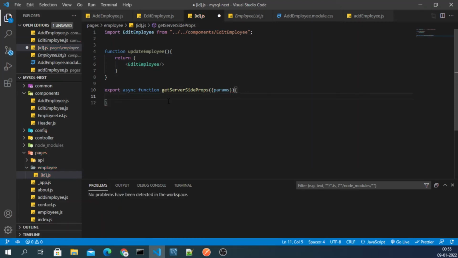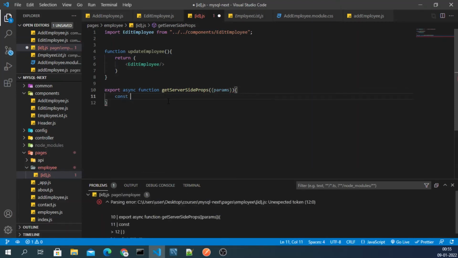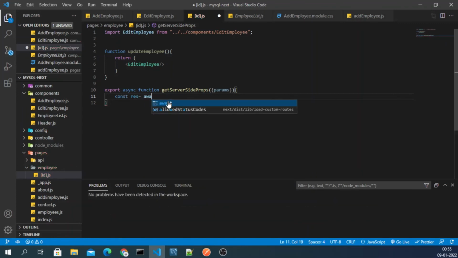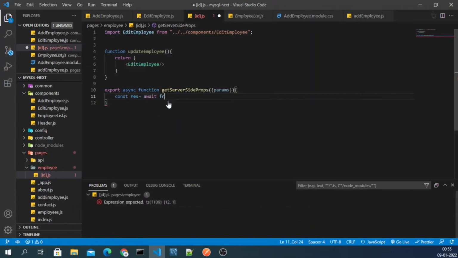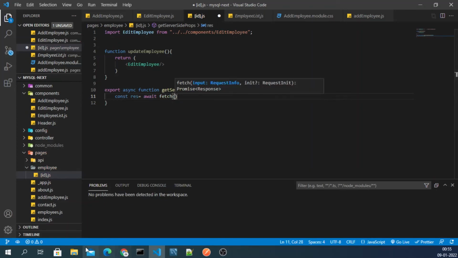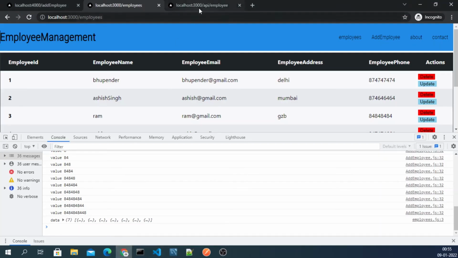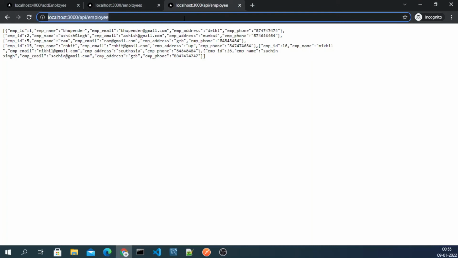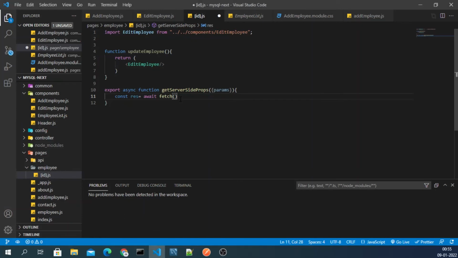Then here I will simply write const response, and then await because we are using async fetch, and inside here we have to type the URL, so we can simply copy this and paste that thing here. And here we also want to provide the id, so we will provide it like params.id.